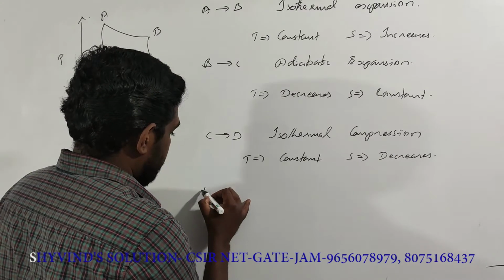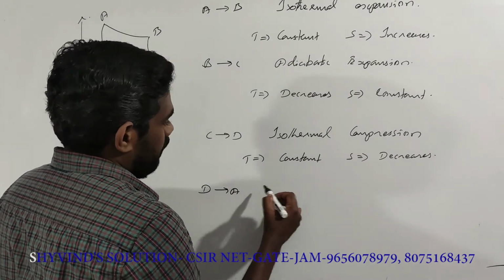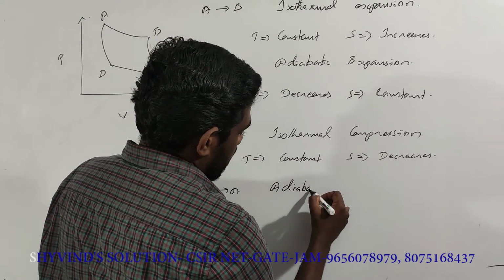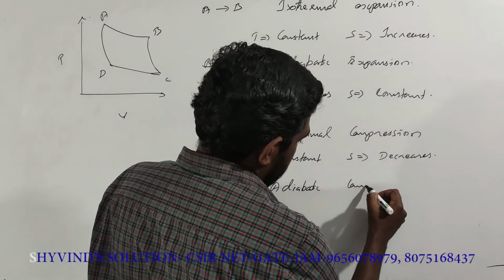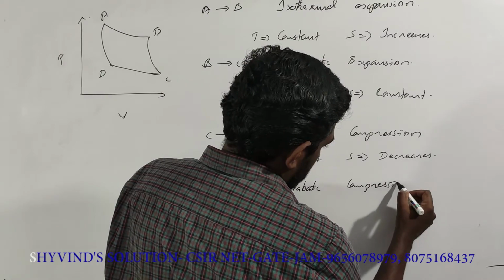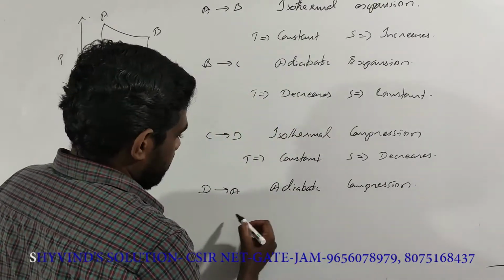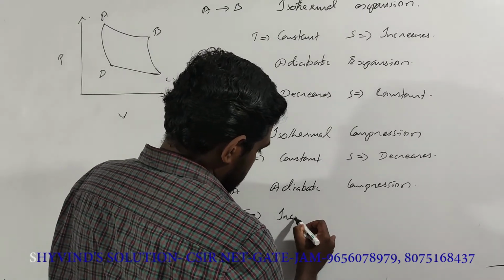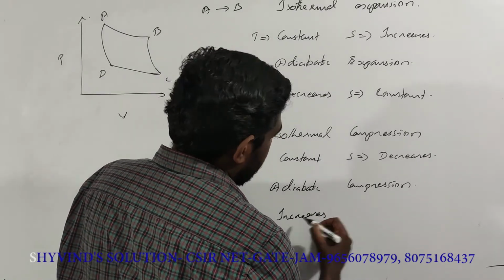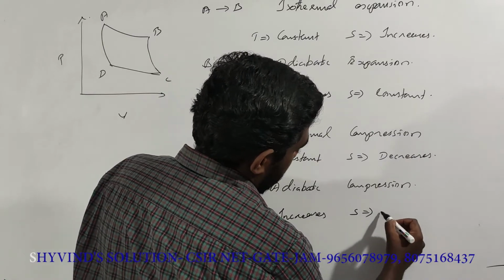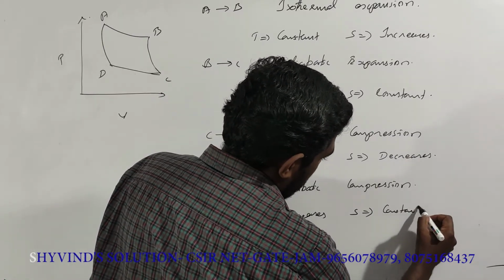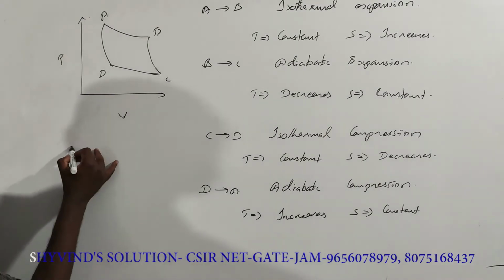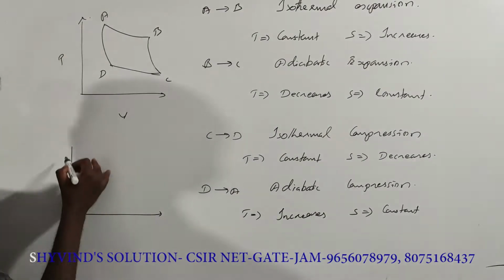And last one, D to A, that process is adiabatic compression. Adiabatic compression means temperature increases, entropy remains constant. Okay, if you apply these ideas into a temperature-entropy graph,